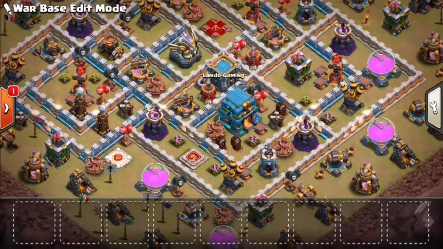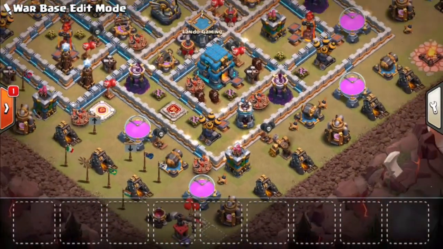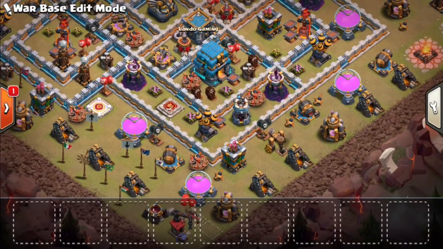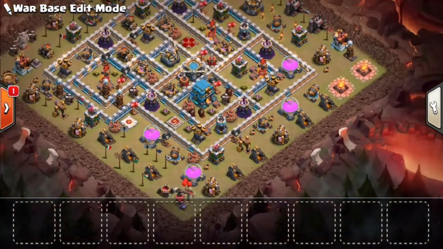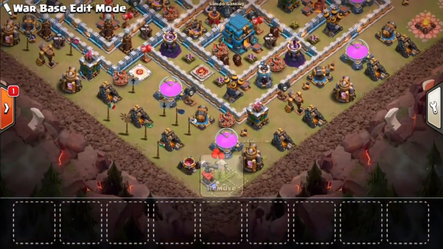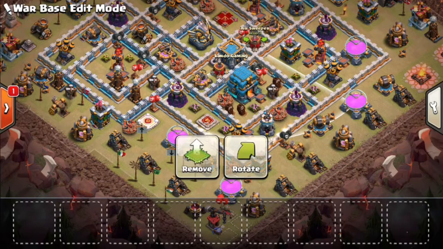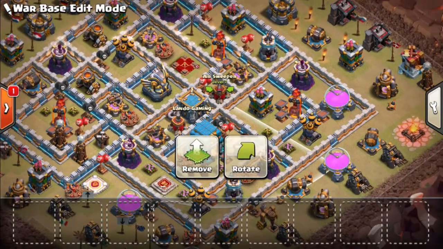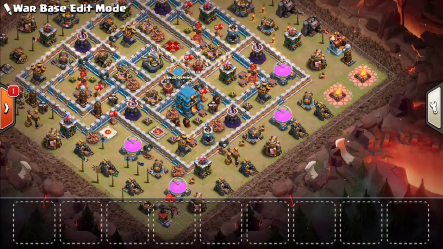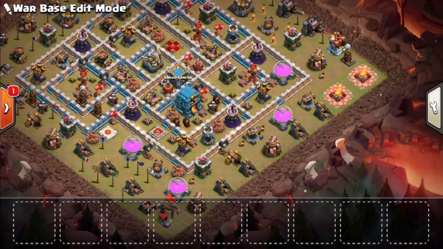Yeah, and I thought this base was interesting because he's got the giant bombs here in front of the town hall. My best guess is that this is supposed to take down a kill squad before it even gets to the town hall, because some people might think, okay, I'll funnel here and I will bring in my kill squad here and go in and jump spell here where this air sweeper is, and then I have access to both those infernos and the eagle, which is a great thought as an attacker. But as a defender, because these guys are so good at attacking, they recognize where people are going to attack, and they place their